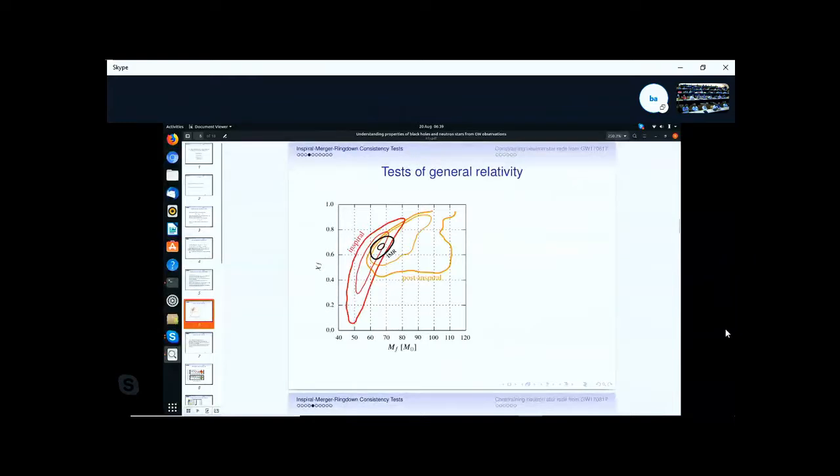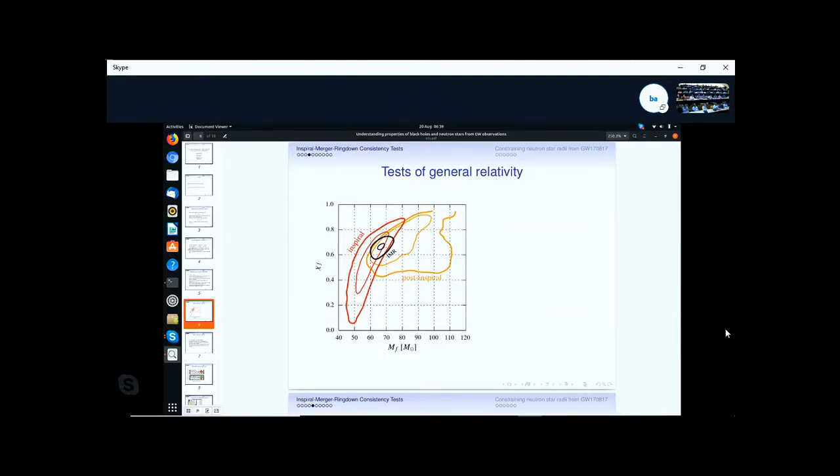And this is one of the results from the first detection. Here what you see in red are the contours in MF and chi-F from the inspiral, and the ones in yellow are the ones from the post-inspiral, the portion above FC. And you see that these two overlap, and they also overlap with the black region, which is what you get from the full waveform. So this is a nice consistency check,